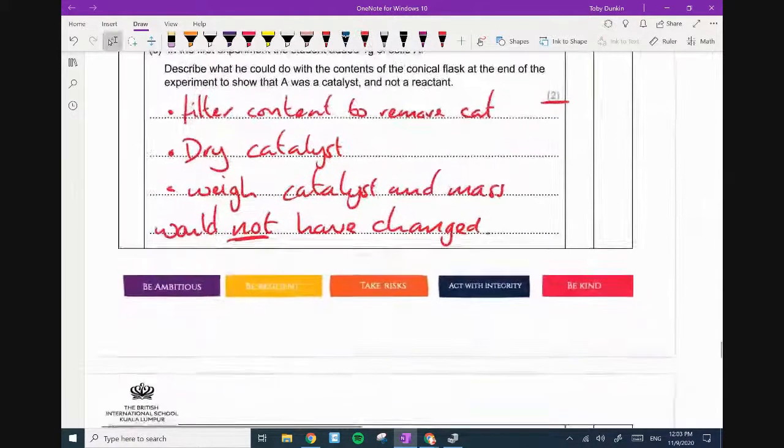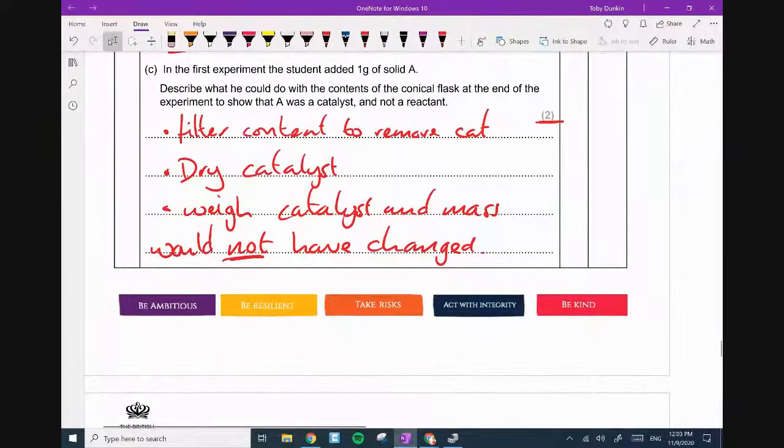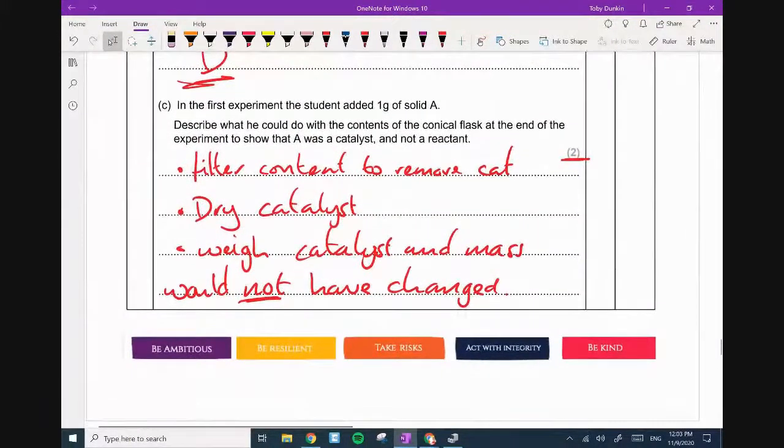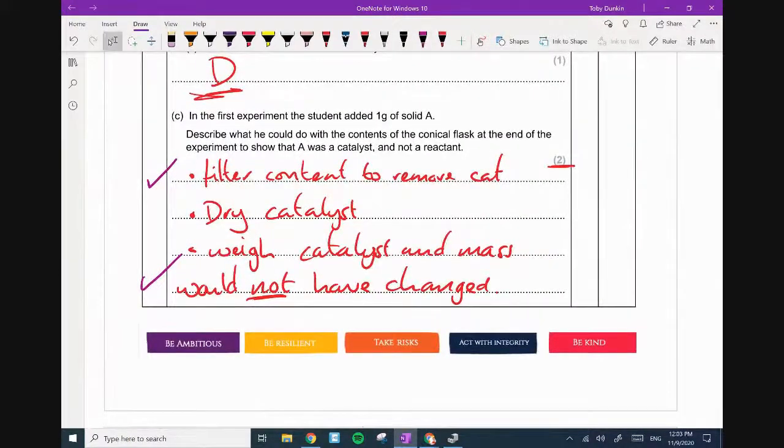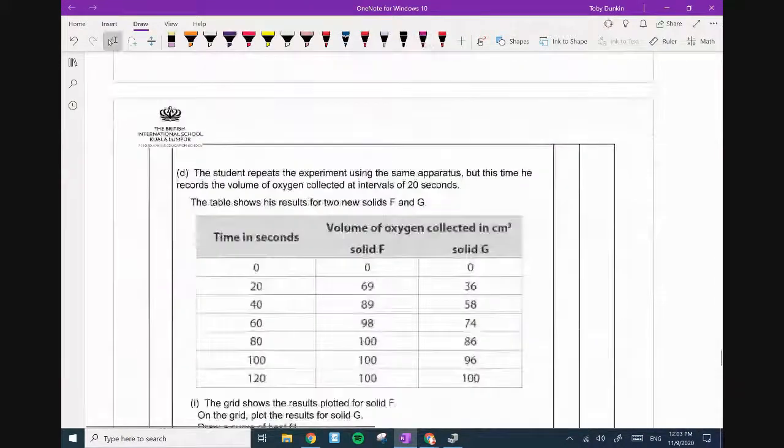I like it. Next. So the 2 marks, if you were wondering, in reality you need all 3 of those to get it. But if you said filter and weigh, I gave it to you because technically on the mark scheme it just says in brackets dry. But I would say that in Edexcel, there's very likely to be a 3 mark question as well, and they're going to say dry it. So just bear that in mind.